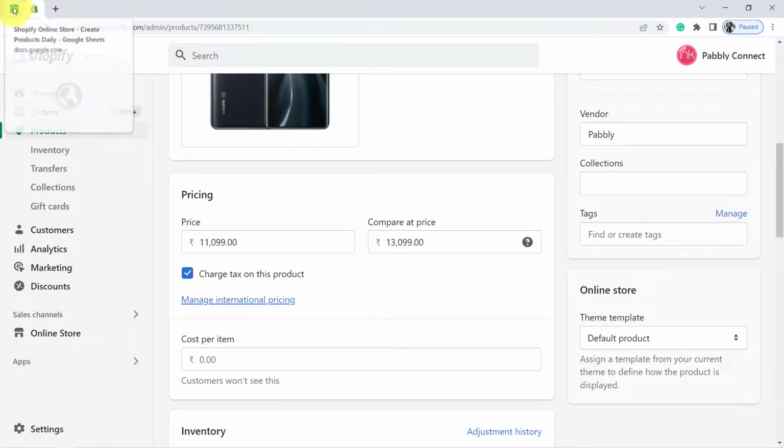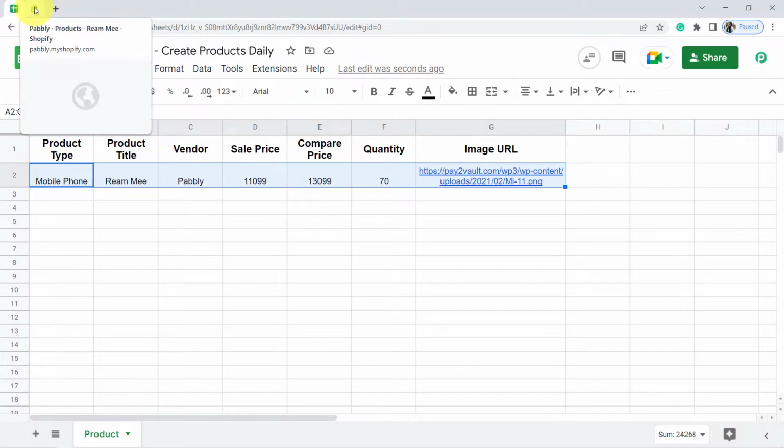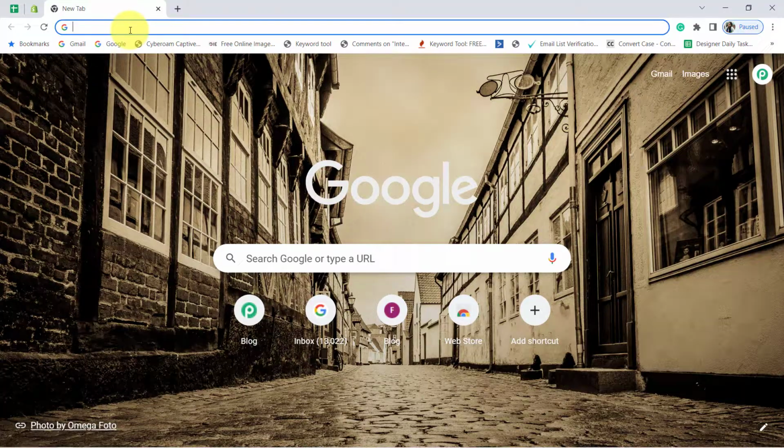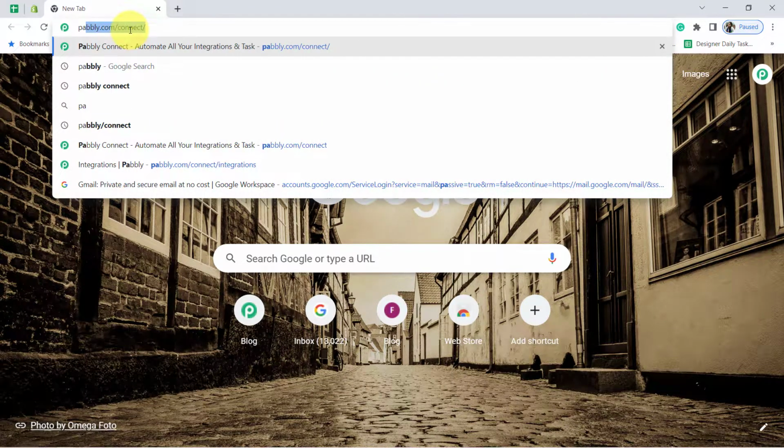So you must be thinking, how did I manage to send this data from Google Sheets to Shopify? Well, I have built a connection between Google Sheets and my Shopify store with the help of an automation and integration software, Pabbly Connect. So follow my video till the end and you will also be able to set up this kind of automation very easily. First, open your browser and type